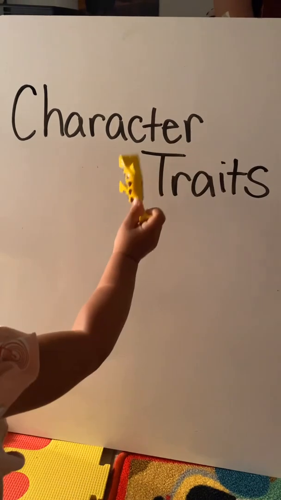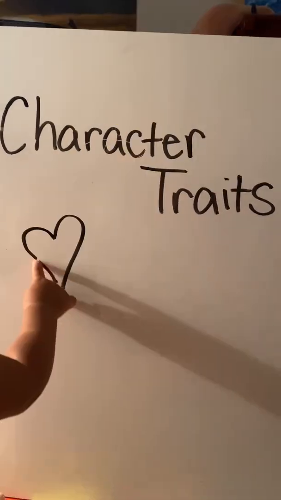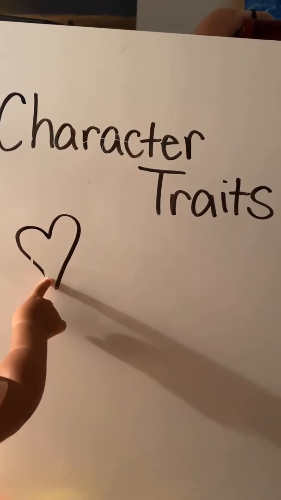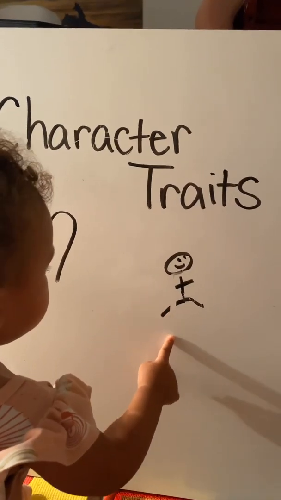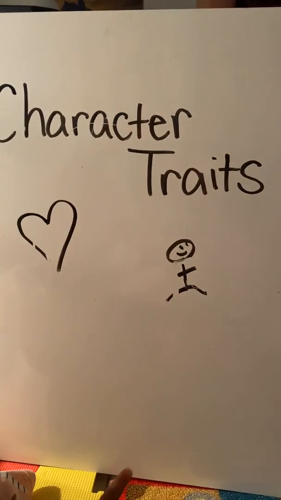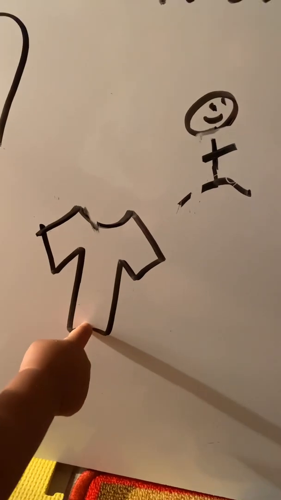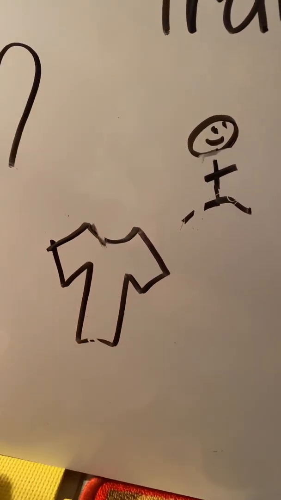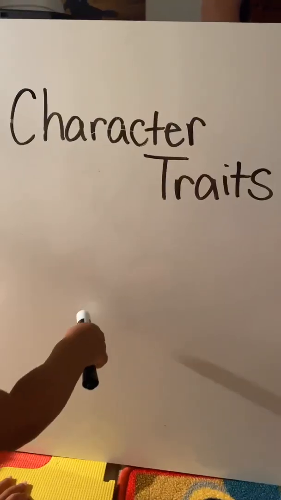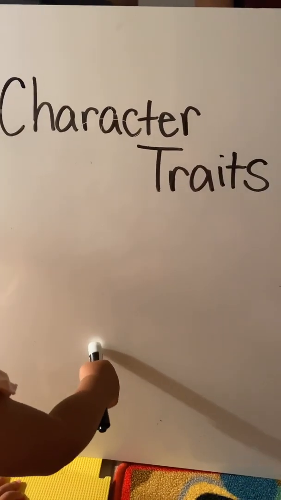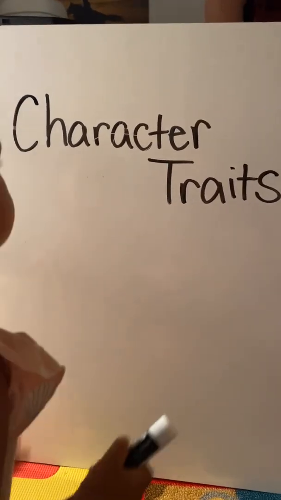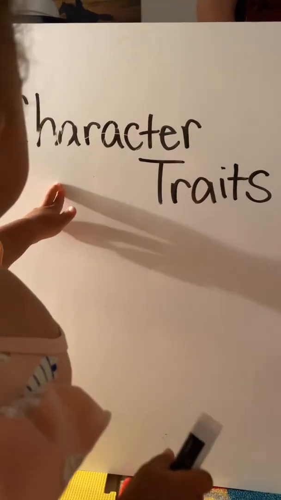One detail in a story is the traits of the characters. The feelings of Abby the alligator are part of the character's traits. The actions or things the character does are also the character's traits, as well as the appearance of the character, what they look like, and the thoughts, what the character thinks. The character traits add meaning to the story and help the reader to create a connection with the character. Start discussing the character traits after each story you read.